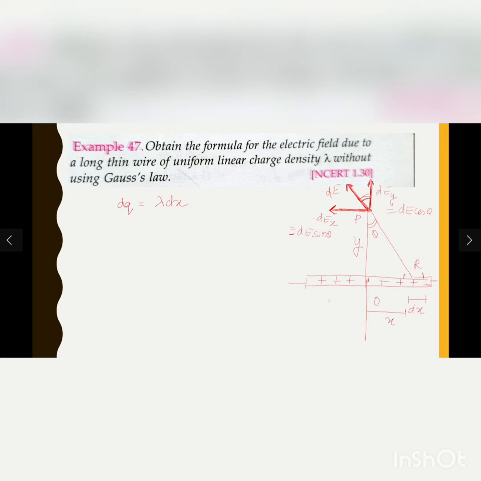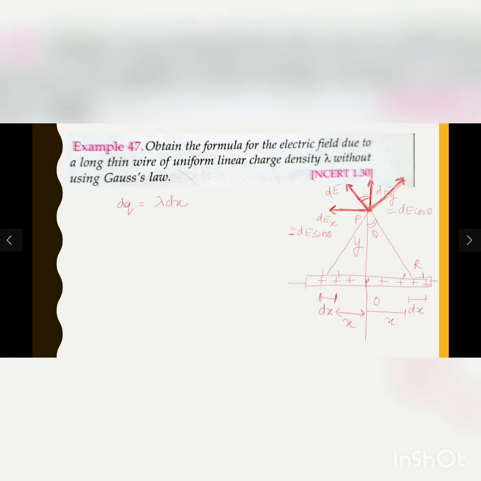So if I consider any element dx at an equal distance x on the other side of the origin, and if we join, we will see the element there also will give some amount of